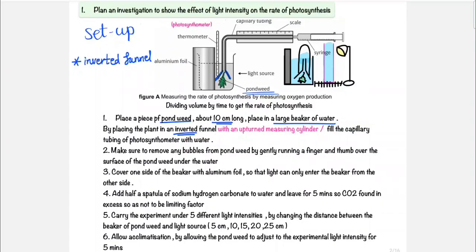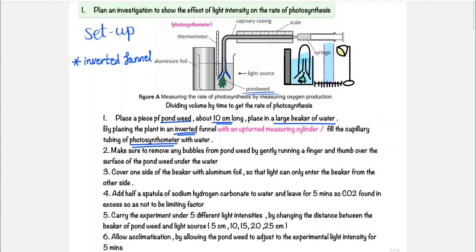Place it inside an inverted funnel with an upturned measuring cylinder. You can see in here we have an upturned measuring cylinder. It's not as visible, but you can say it's in here, and that's an upturned measuring cylinder joined with an inverted funnel, and all these are inside that beaker of water. You can also call this